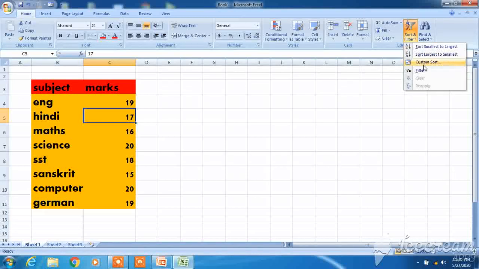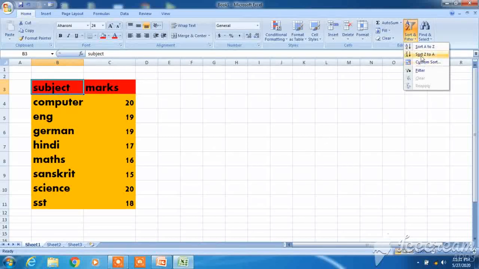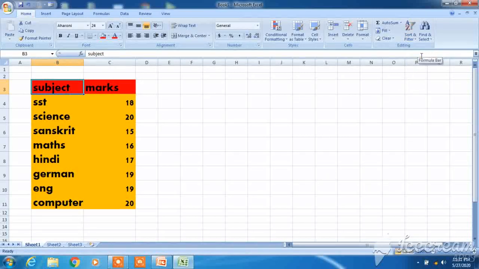First we will learn the default sort. Suppose I have selected this, go to sort A to Z. Alphabetically the subjects have been sorted according to dictionary order. Or Z to A it can sort. Clear? So one particular column has been sorted.